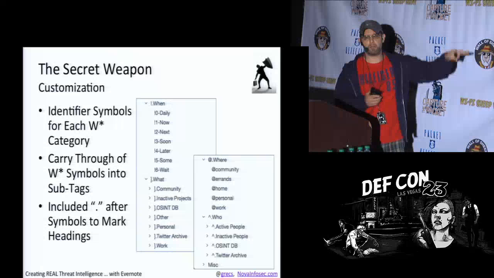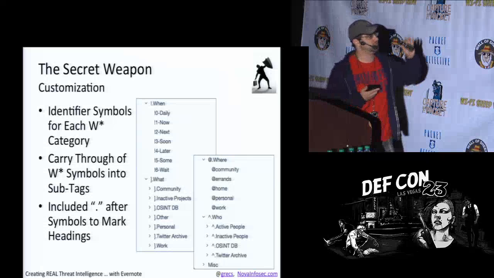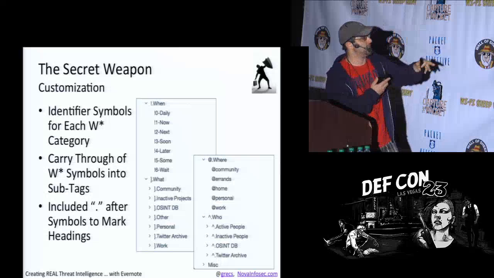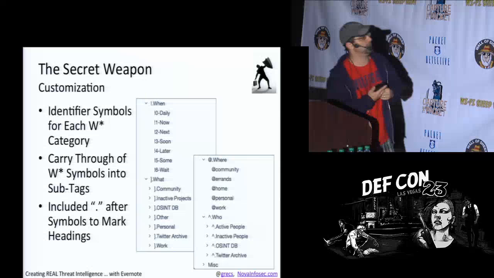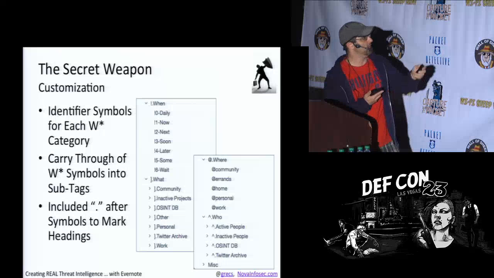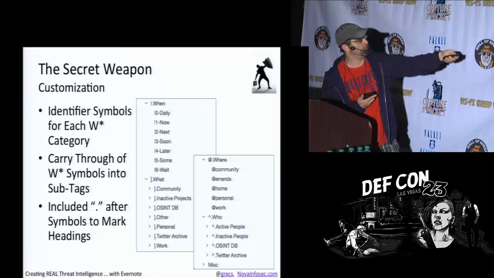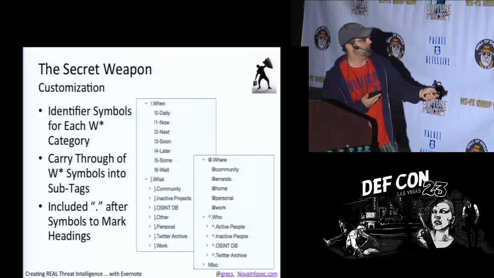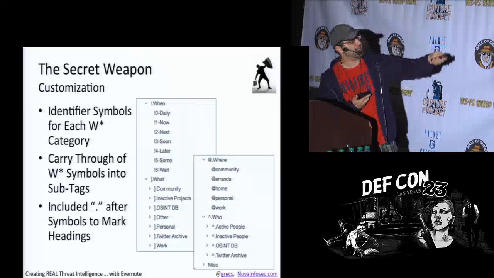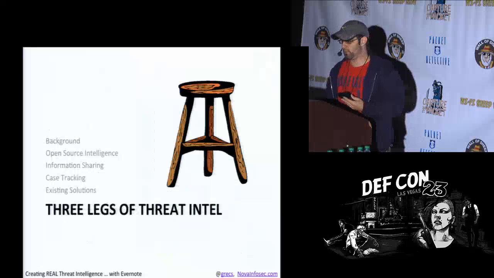So now that's just one method. You can customize it, and that's the most powerful thing about GTD: you can take their basic philosophy and customize it. This is just the basic philosophy that I used. I just had some identifier symbols, and I carried the symbols through so that the exclamation point essentially followed through. And then I was using dots to indicate headers of the tag hierarchies, as you can see there. But you can basically make those however you want.